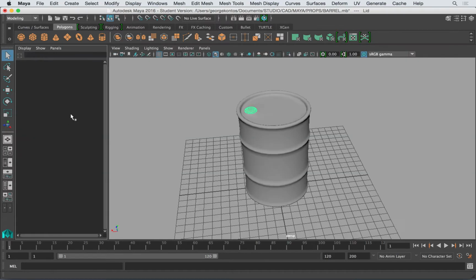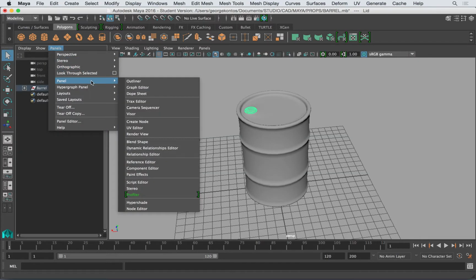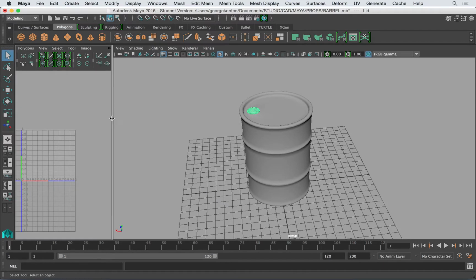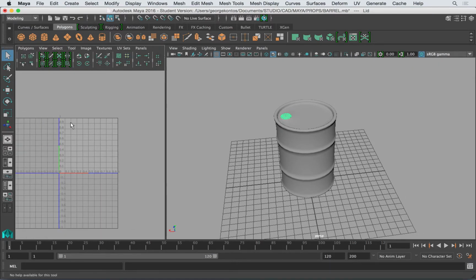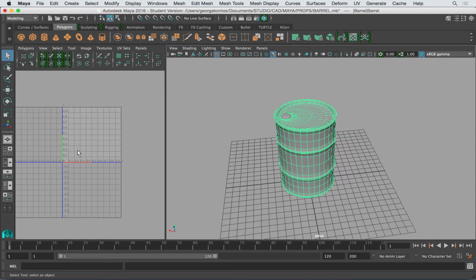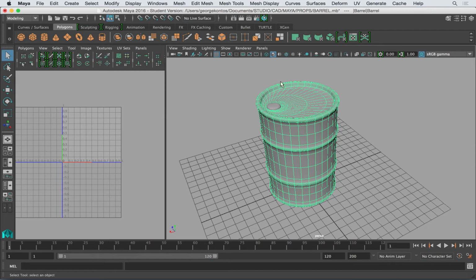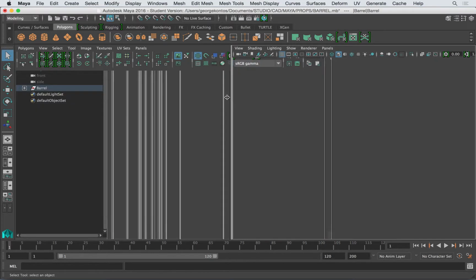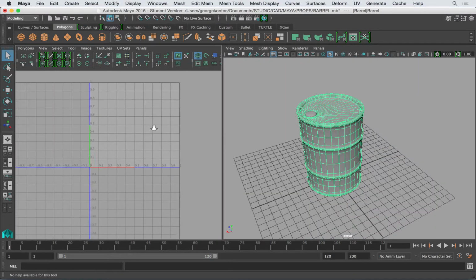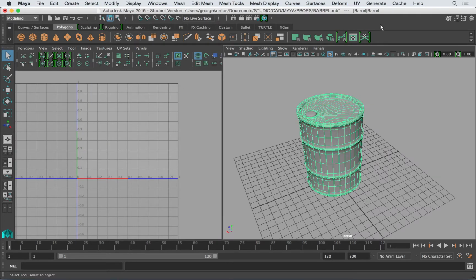I'm going to open the UV texture editor, and sometimes there might not even be any UV layout. There's no indication of any UVs. Some person might have deleted the UVs, or you might have deleted the UVs accidentally. So we'll start with new UV sets. I'm going to open these, split the windows here, and select the barrel